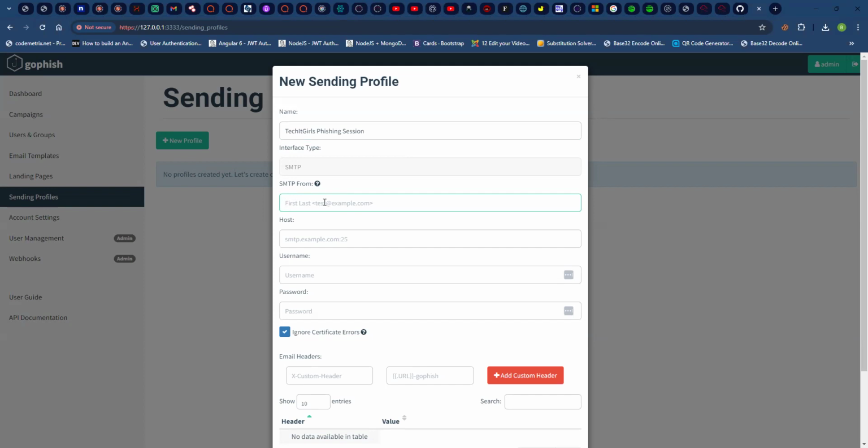But I know that most people don't have the access to get a domain. For you to get your own domain name on Namecheap, for example, you probably need to be spending like three up to as much as maybe $10 or $12. Not everyone wants to do that, right? So we're going to start by looking at how we can use Gmail to do this process. So using GoFish and Gmail together, and then maybe I can show us how we can also use a custom domain. But it's still going to be this same process eventually.